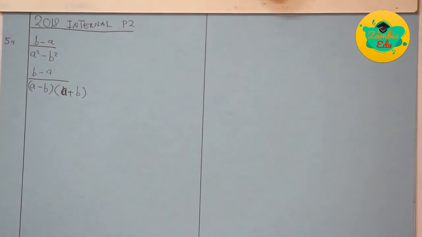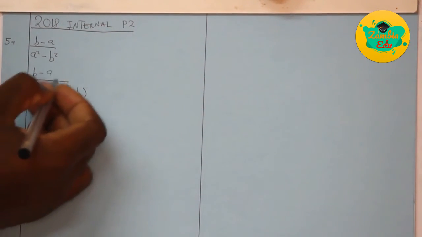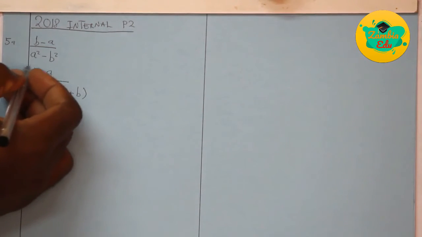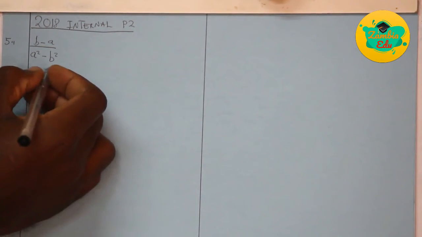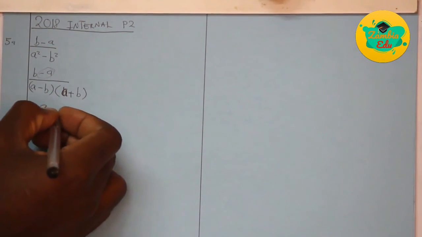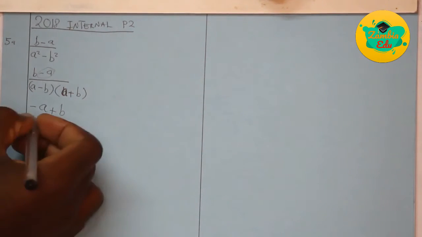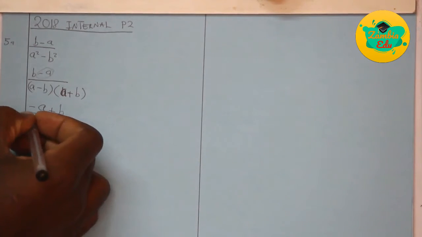So on top we have b minus a over, open bracket, a minus b, close, open bracket, a plus b. So we are going to work around the arrangement of what is on top there. We bring the a in front and the b should be the other side. So this negative a comes in front, we have negative a in that way, then it will give us plus b there, over a minus b,